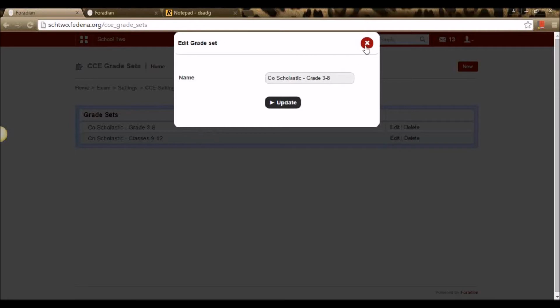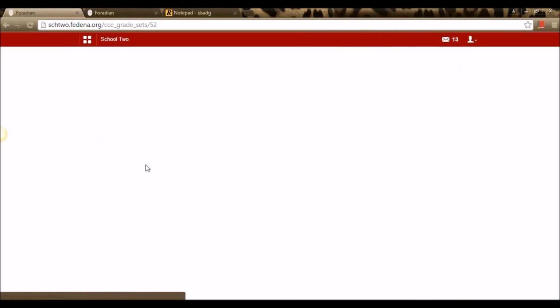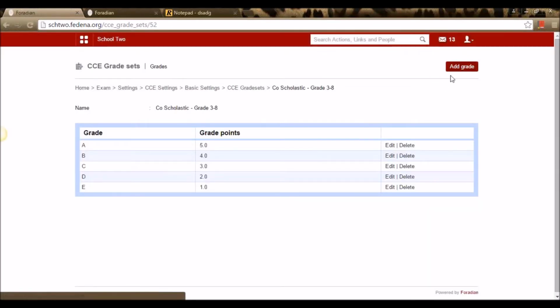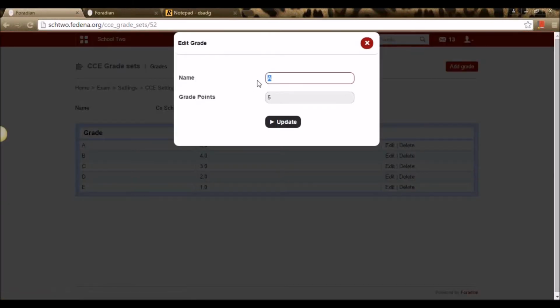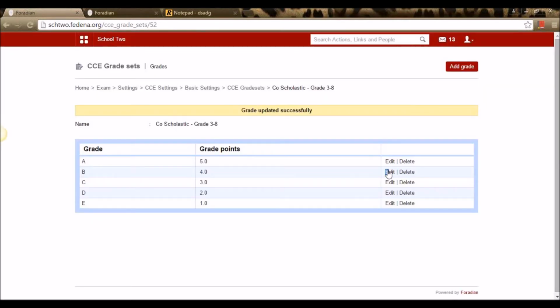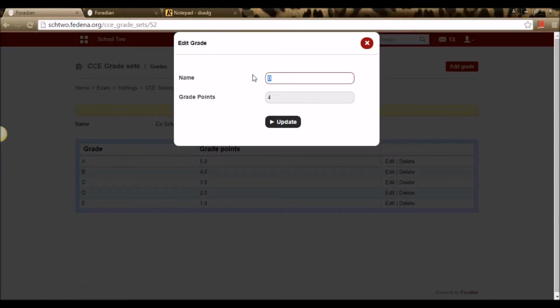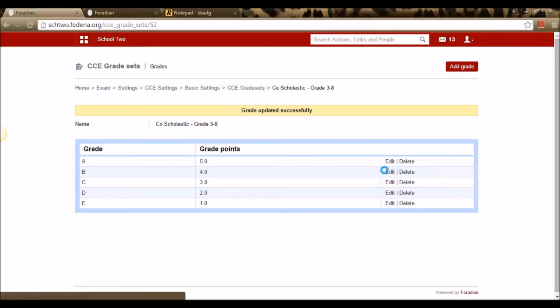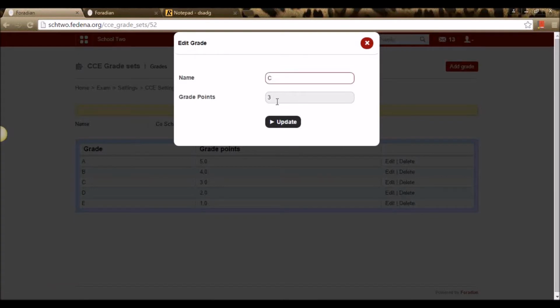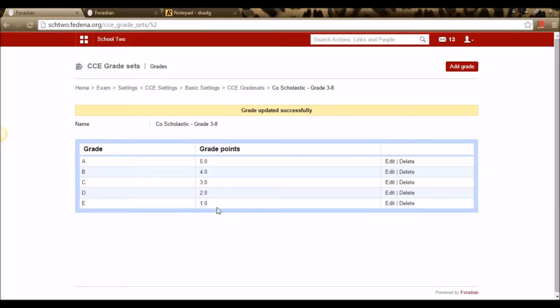Once we create it, we need to enter grades inside, where we give a name for the grade and a grade point of 5. Similarly, we're giving a grade name, say B, and a grade point, say 4. We're giving a grade name C and a grade point 3.